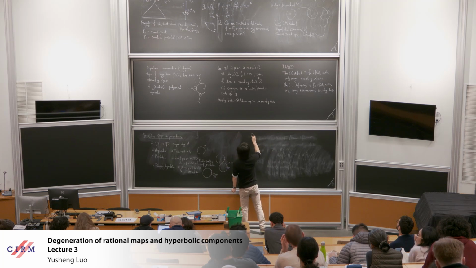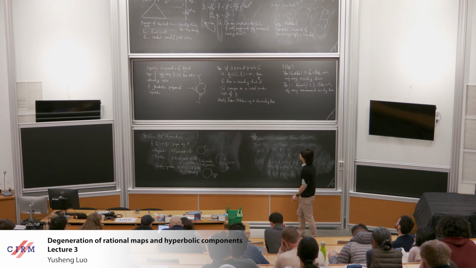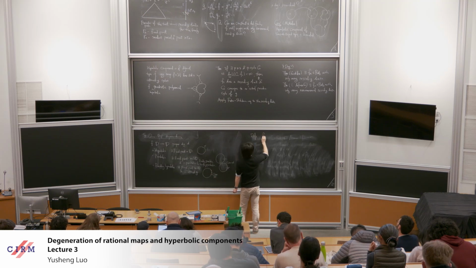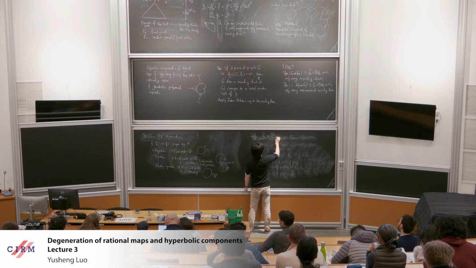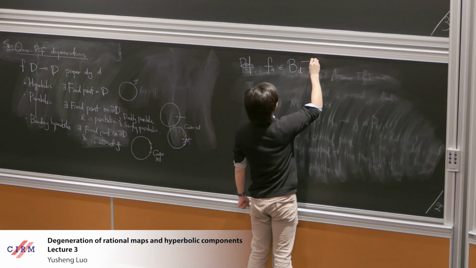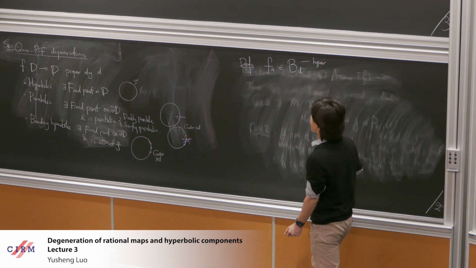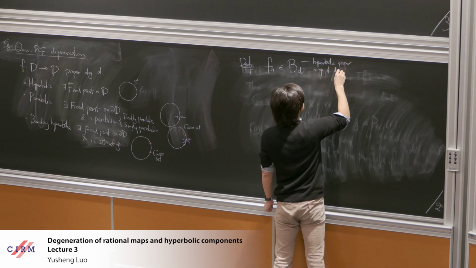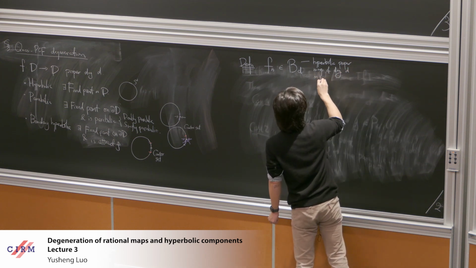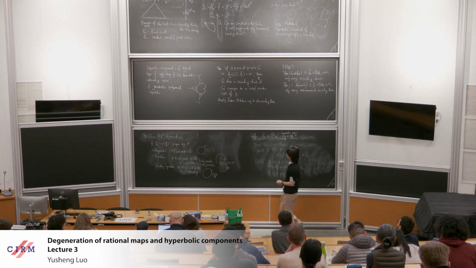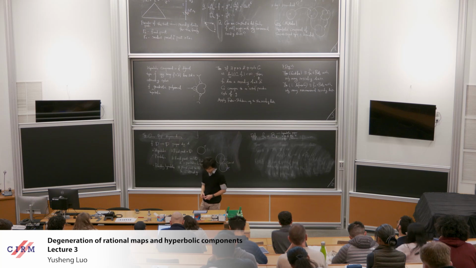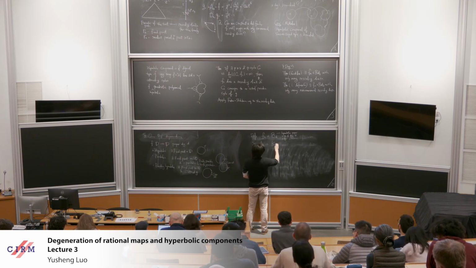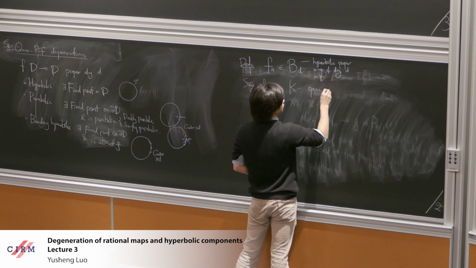So we are working with a sequence F_n in B_D, and in B_D, let me denote this as the moduli space of hyperbolic Blaschke products, hyperbolic proper maps of degree D on the unit disk. So we have a sequence of these Blaschke products. And we say this F_n is K-quasi-PCF